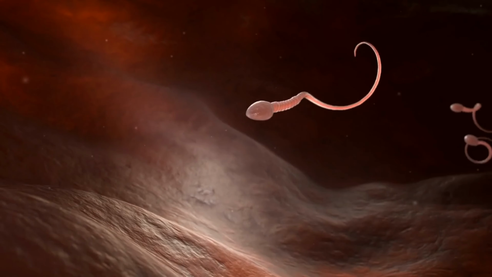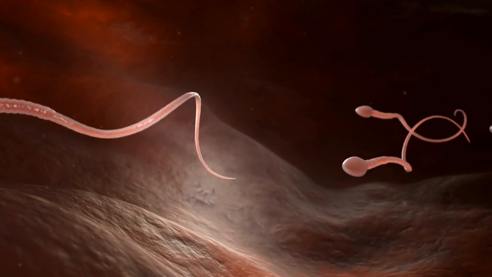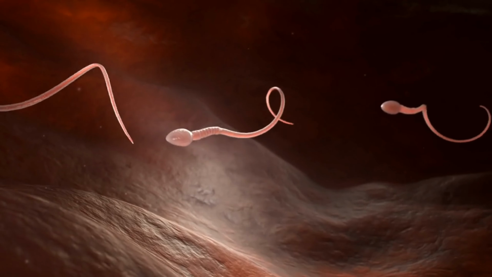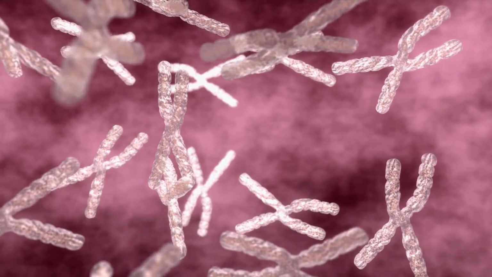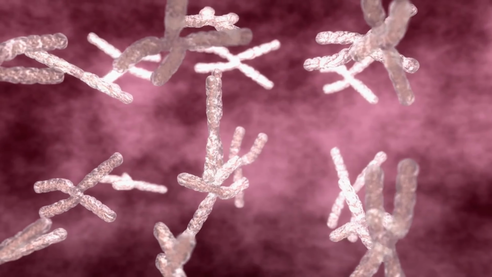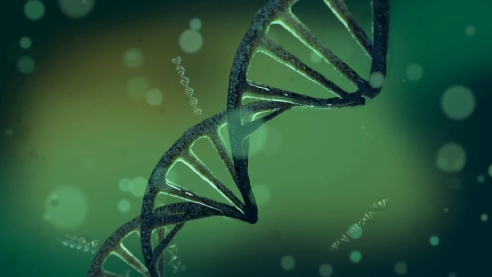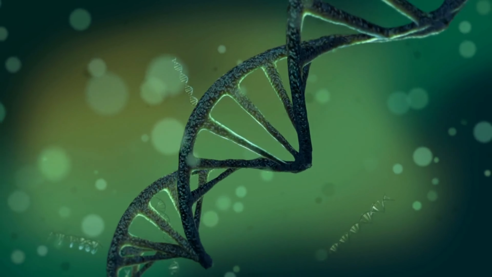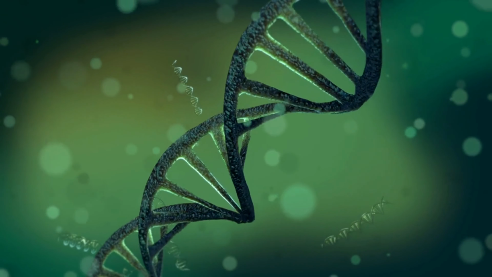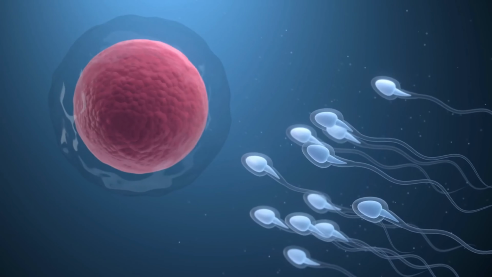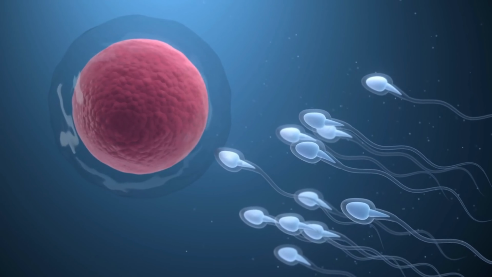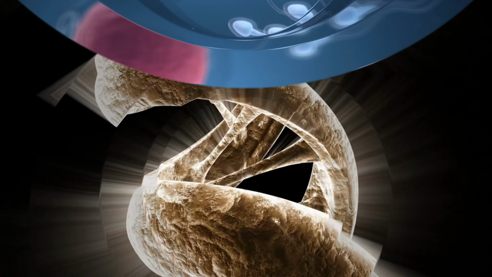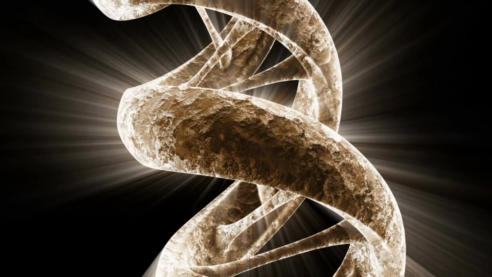But what's truly fascinating is how this cellular dance gives rise to endless variation, ensuring that no two people, except identical twins, are exactly alike. Imagine a highly choreographed routine where chromosomes pair up, swap pieces of DNA, and split apart, not just once, but twice. This precise sequence results in the formation of eggs and sperm, each with half the genetic material needed to